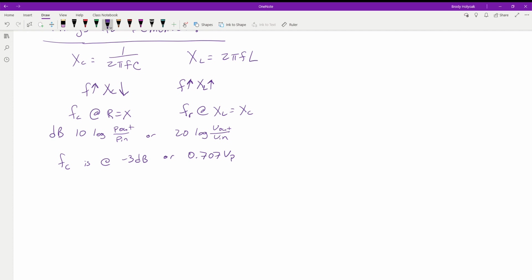Okay, with that, I'm going to go ahead and end this video for the introduction, and I will go find a new battery for my pen and go from there. And then we'll start in with how to actually build these filters. So we're going to go through RC filters first, and then we're going to go through RL filters. And then once we are done with those, we'll start into the series resonance, which is RLC circuits. All right, guys, we'll see you in the next video as soon as I get everything changed over.